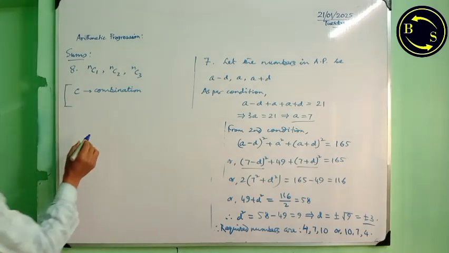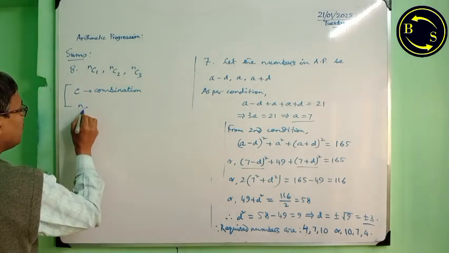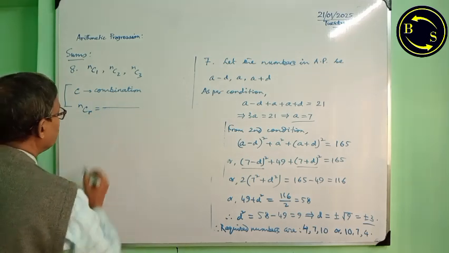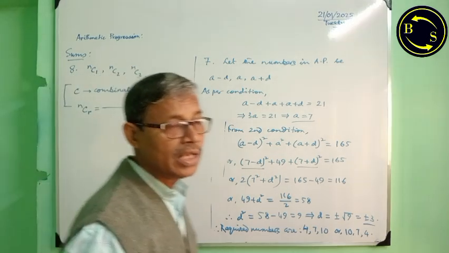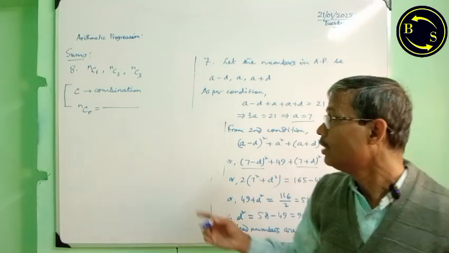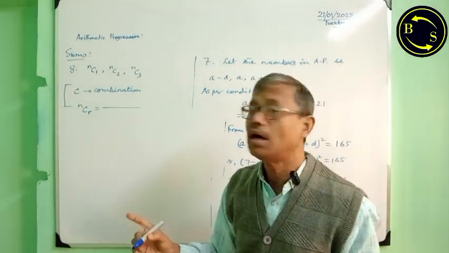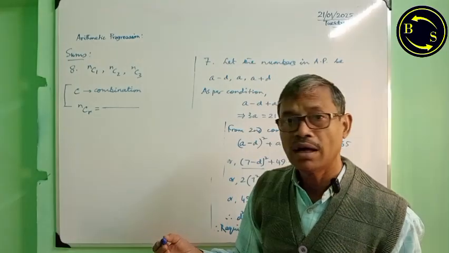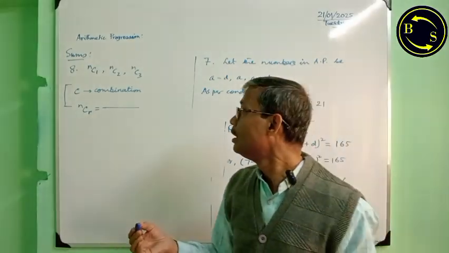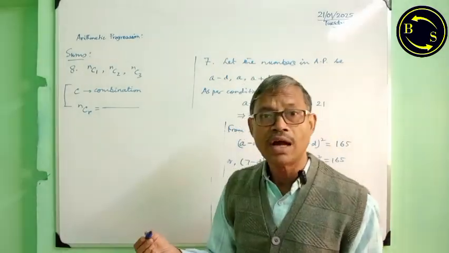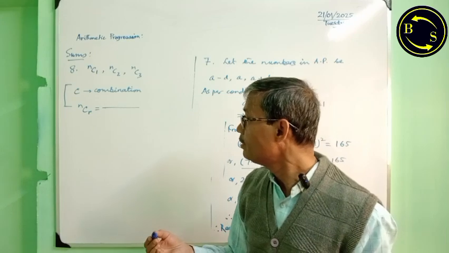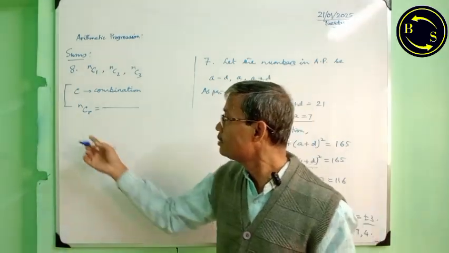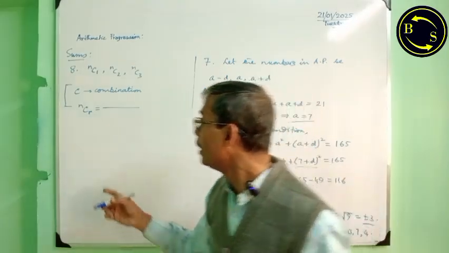C stands for combination, and meaning of nCr: there are n things or articles from which we are selecting our articles. Then the number of selections is denoted by the symbol nCr, and its value is